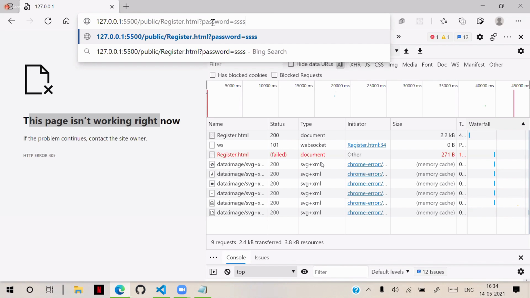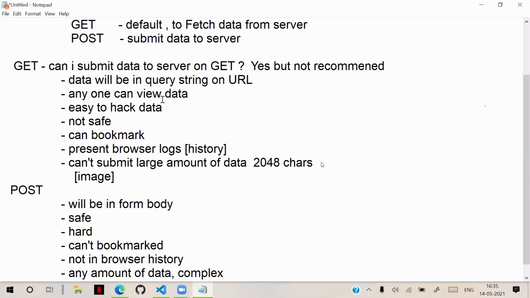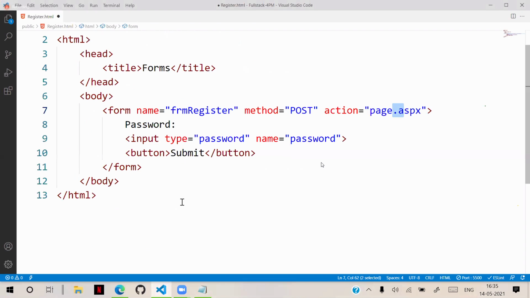You saw it? That is called query string. In the URL, data will be in the query string. I hope you understood that, right? Yeah, that is query string. So technically, we submit the data on POST. We can submit on GET also, but this is the point.